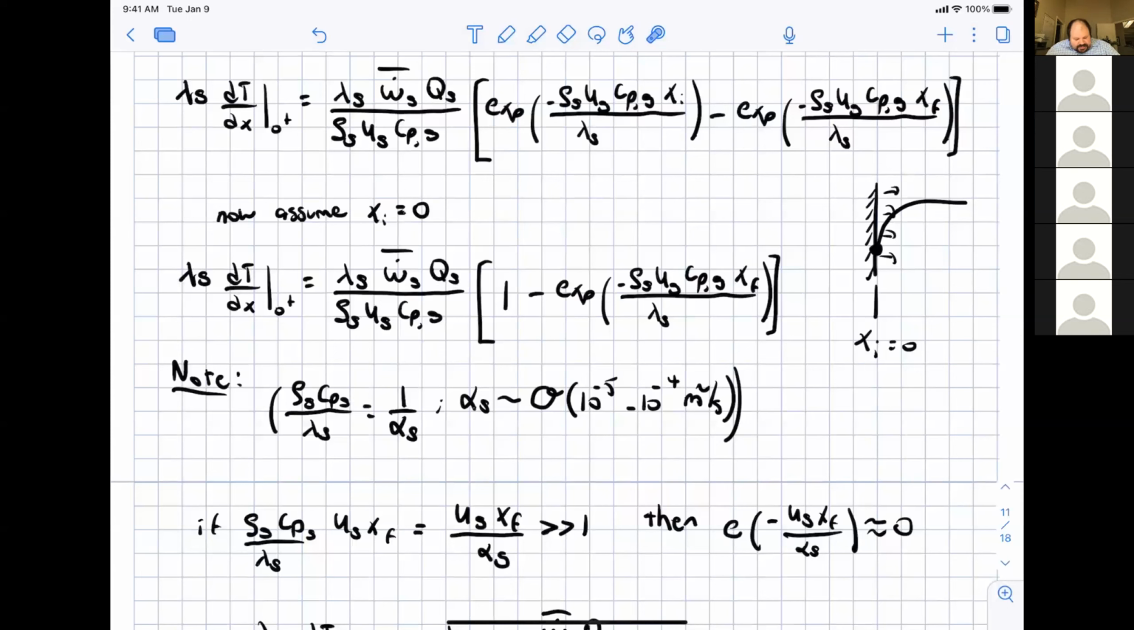Okay, so now we have this quantity rho Cp over lambda everywhere. And that's just, as you may recall from heat transfer, the inverse of the thermal diffusivity. For a propellant, the thermal diffusivity is on the order of 10 to the minus 5 to 10 to the minus 4 meters squared per second. So it's pretty darn small. Propellants,